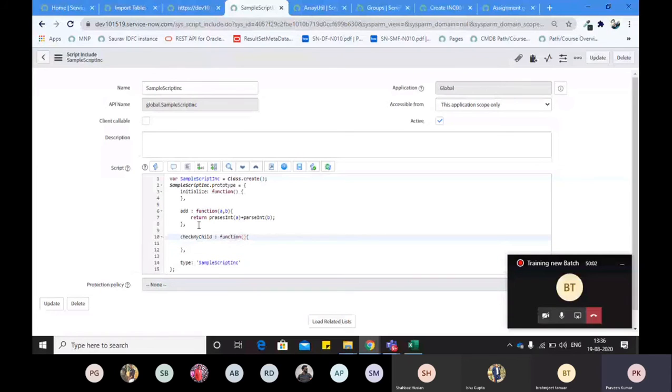You will pass your record here, or you pass a unique sysID and table name. I will put a glide record on this table. For example, let's make this more simple.